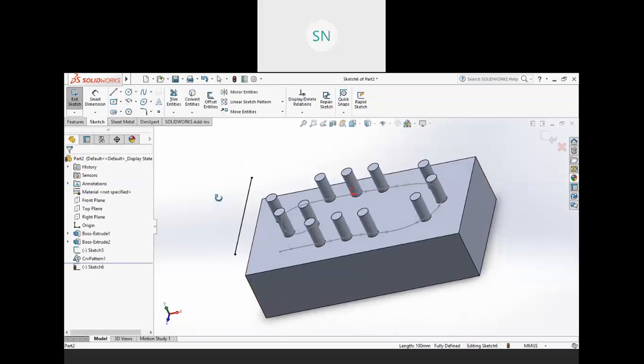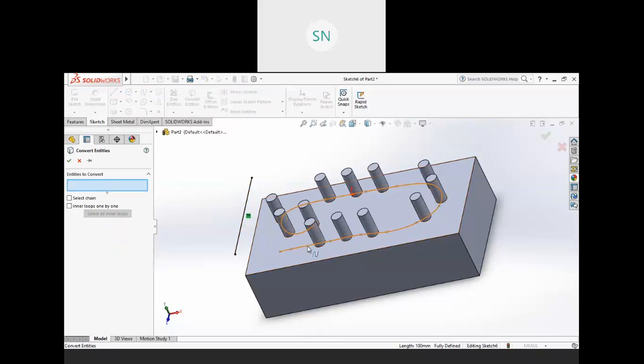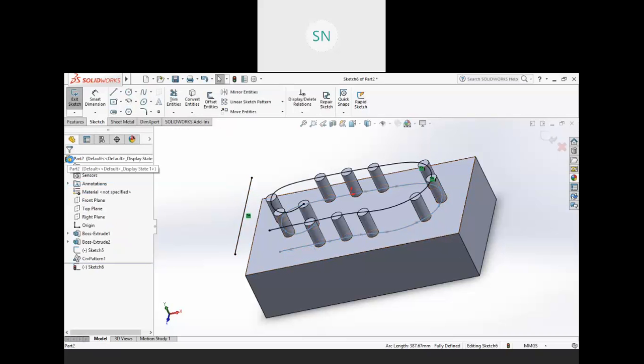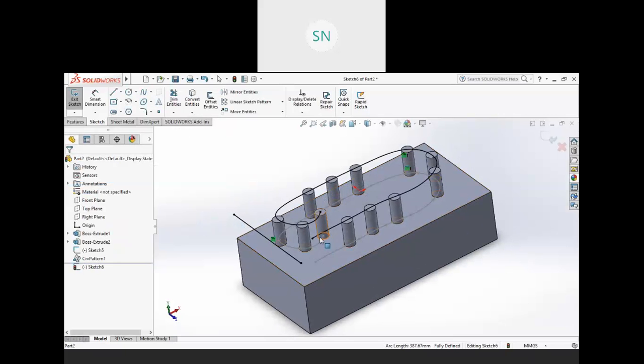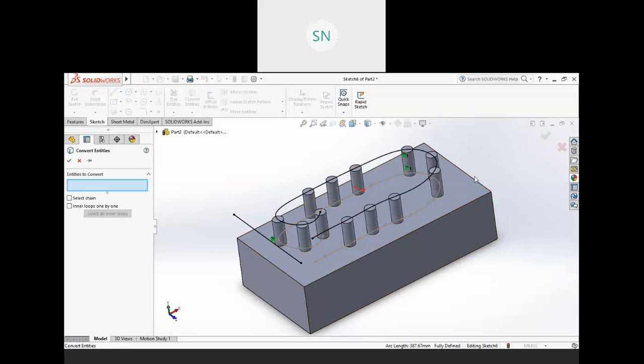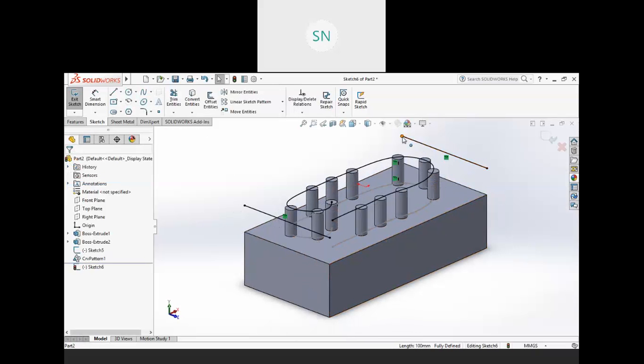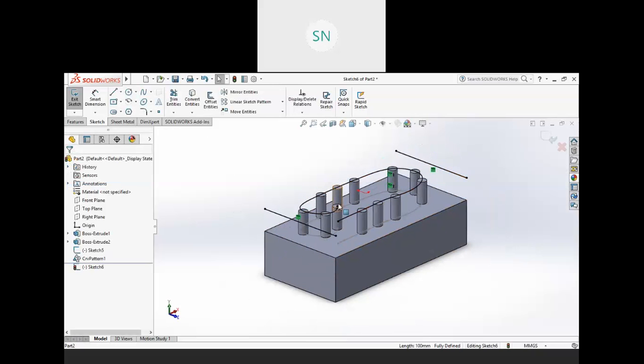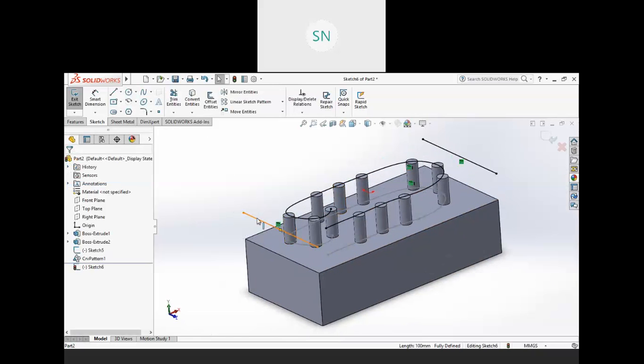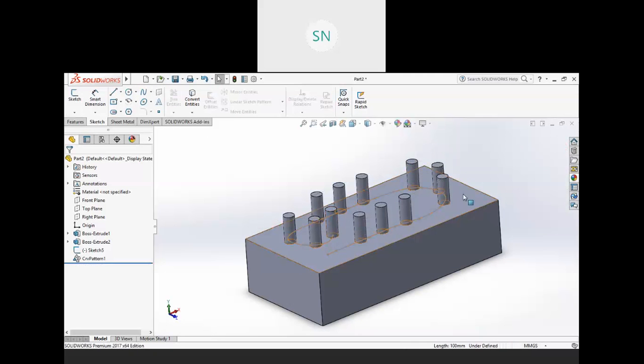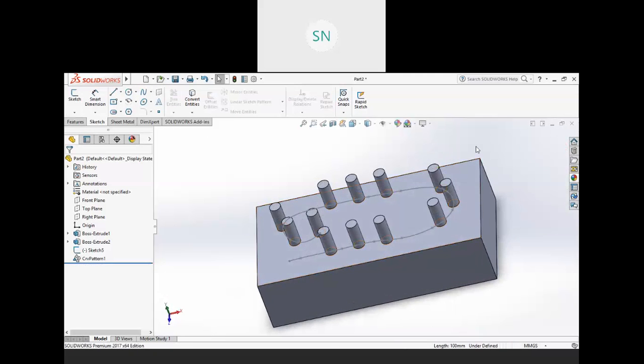Just orbit it. See this projection we have. So you can use it for anything, whatever projections you want. I want a projection of this curve. Hit OK. So see, we have that curve in our current work plane. I want to convert this edge, then hit OK. So you will get a projection of that also, right? So you can use this as a sketch, right? So to take a projection, we generally use convert entities.